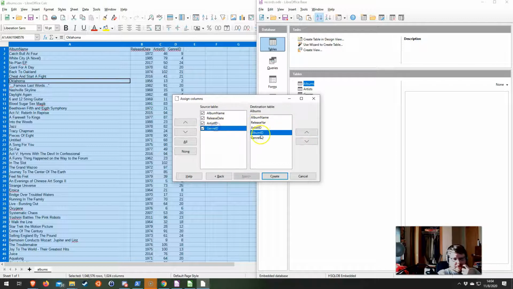Yeah, there we go. Genre ID, album ID. So just keep clicking down on these and using these chevrons to bump that thing down so that these things line up correctly. So album name, release date, release year, artist ID, genre ID, and then this one gets nothing because it will automatically generate those values. Now we click create,